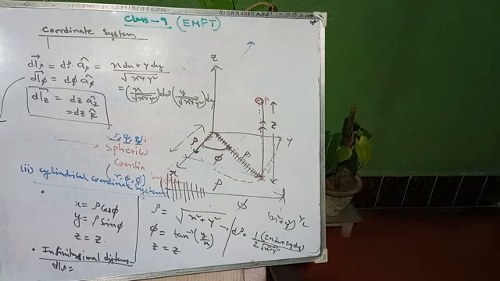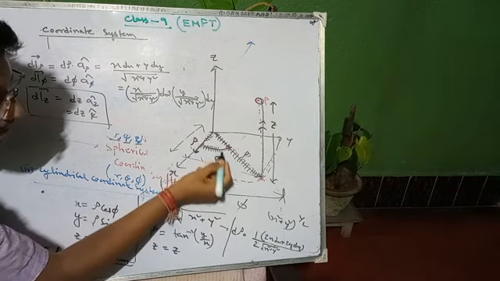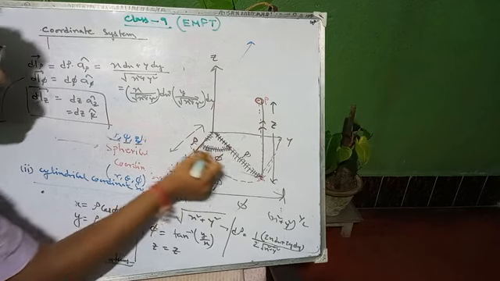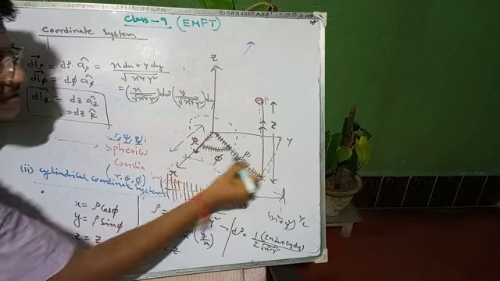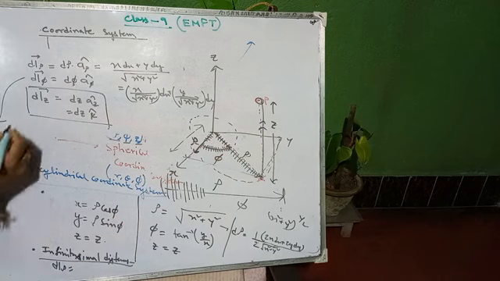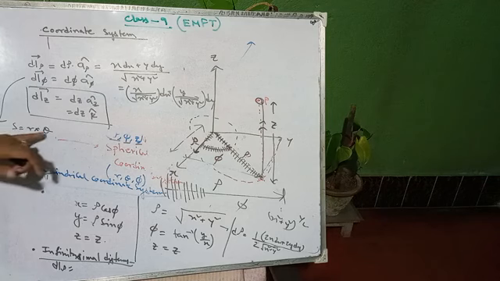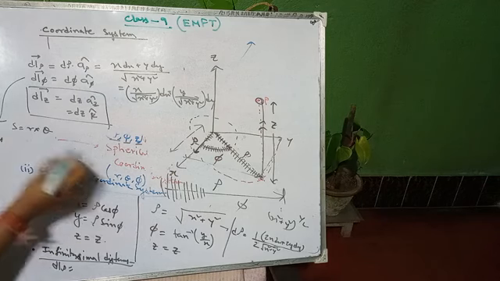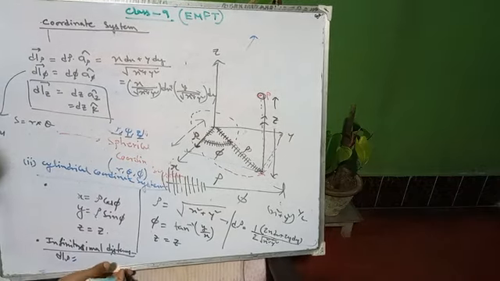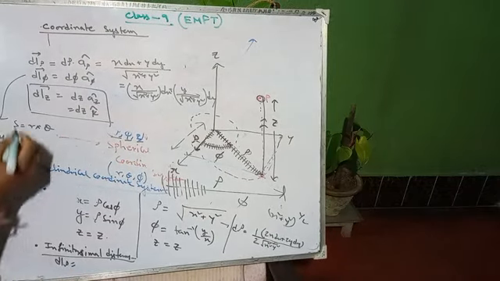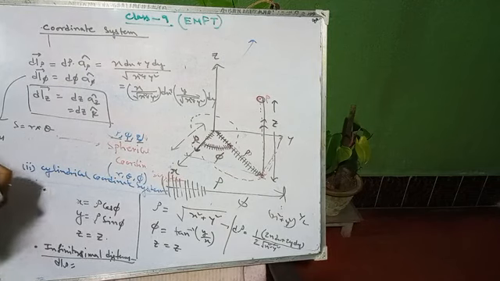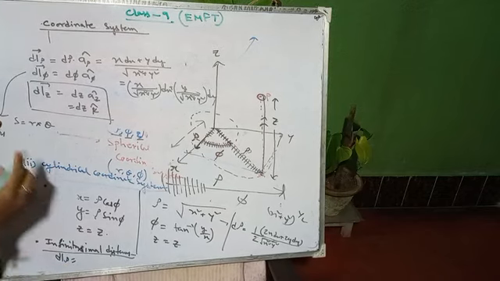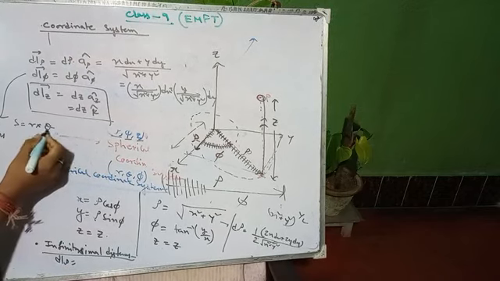Dl phi means, we know dl phi means what? This infinitesimal part, right? This smallest part, and this is the circumference of a circle, right? If we complete it as a circle, then it is the circumference of a circle, and we know s equals to r into theta for a circle. So S means circumference, R means radius, theta means the angle between these. Okay, so S equals to R into theta. From here, can we represent what is the phi over here? Phi means here theta.